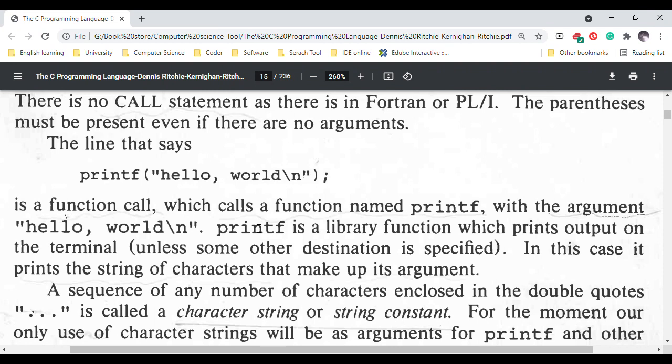The line that says printf("hello, world\n"); is a function call which calls a function named printf with the argument "hello, world\n". Printf is a library function which prints output on the terminal